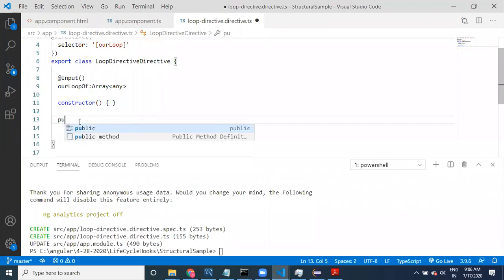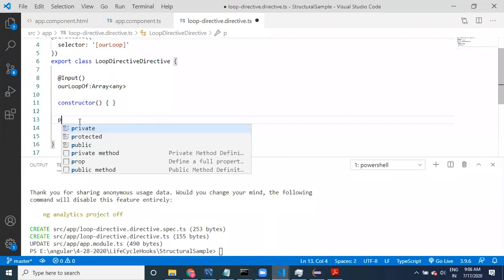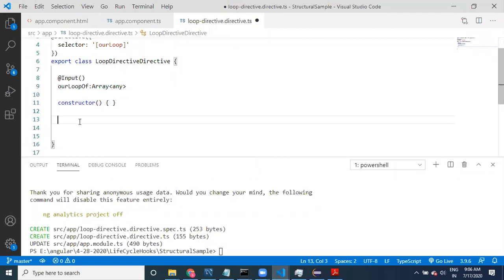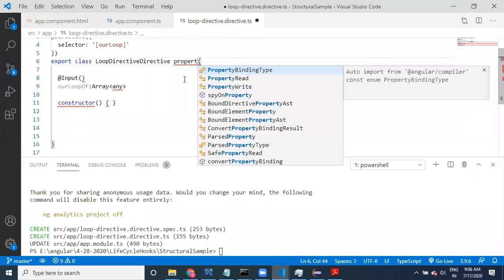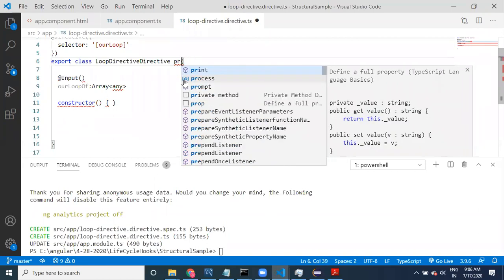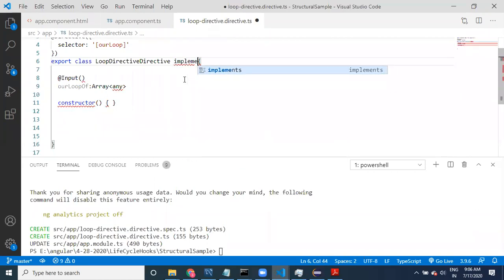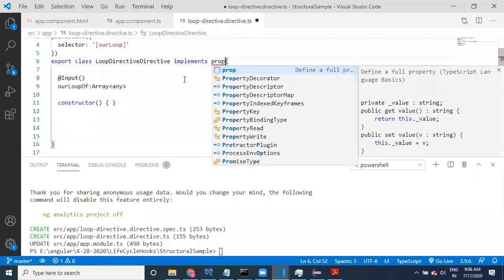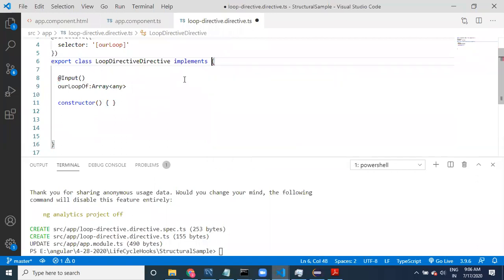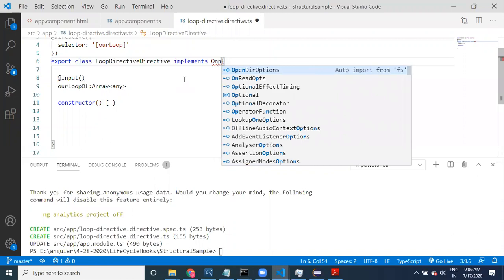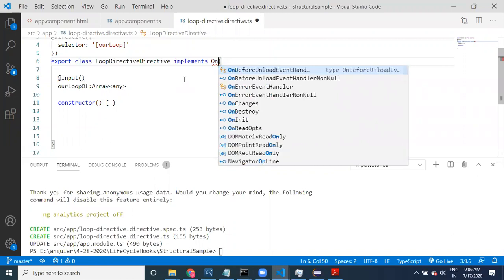Here, public, now I'm going to take ngOnChanges. After property set, we can say implements OnChanges. What is that interface? Let's look at it.